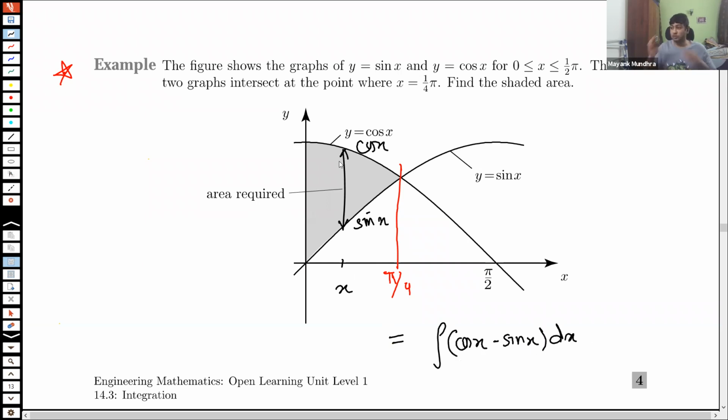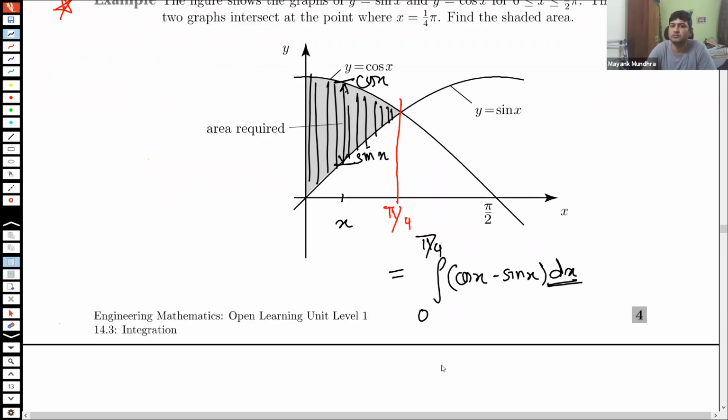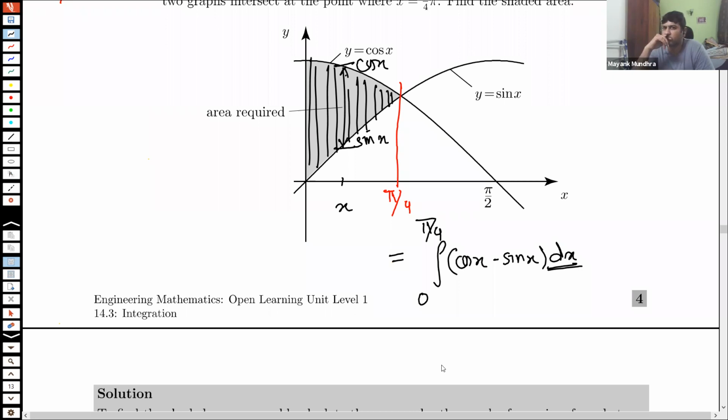This is the height. So remember rectangles. I want to add up all these smaller rectangles. When I am adding these small rectangles, the height is cos x minus sin x, and the width is dx. You just integrate it from 0 to pi by 4. So when I do this integration, I'm going to get